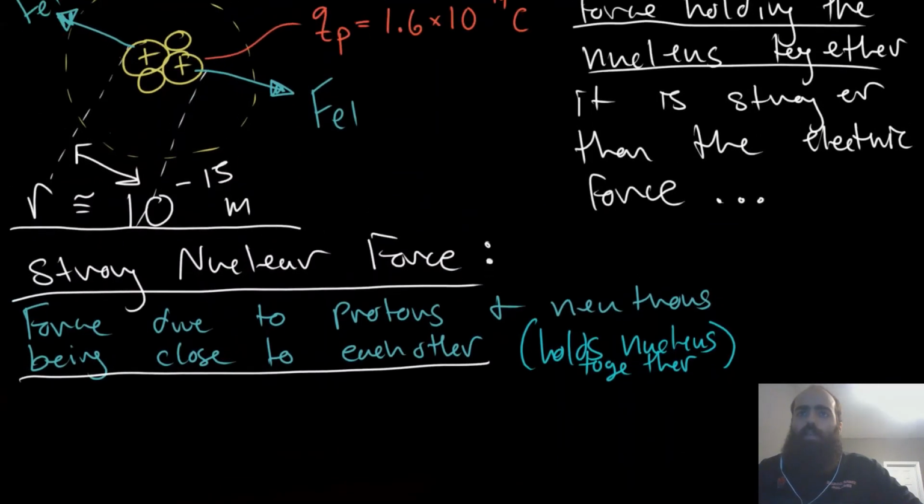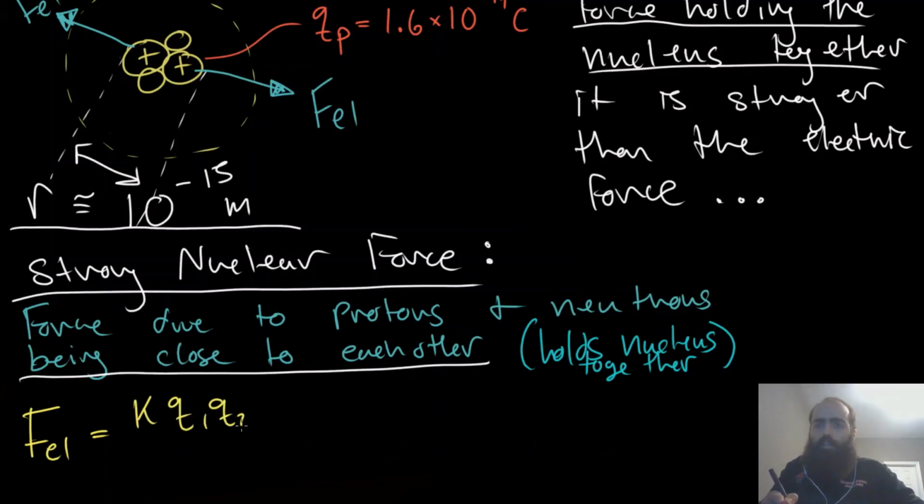If we remember, we talked about Coulomb's law at the very beginning when we started online learning. The equation for Coulomb's law, the formula for the electric force, looked like this. It was a constant times the two charges that are involved divided by the distance between them